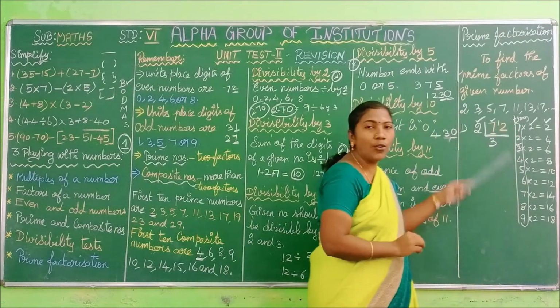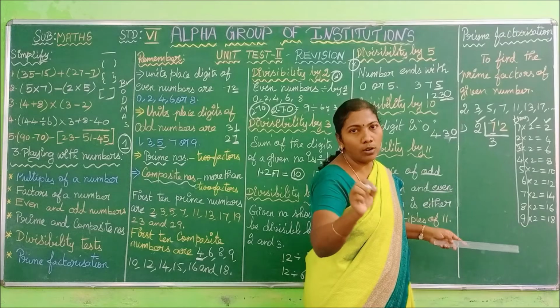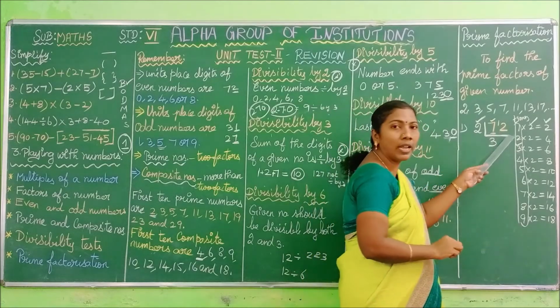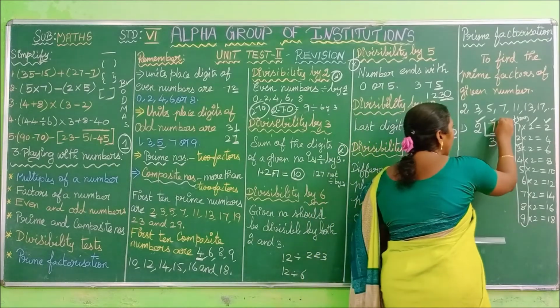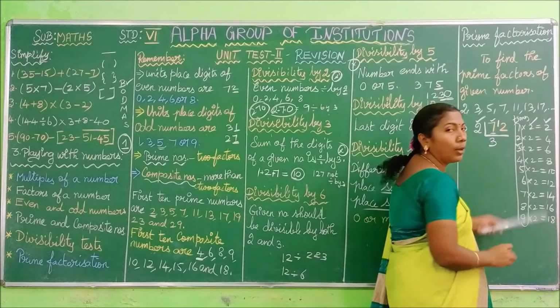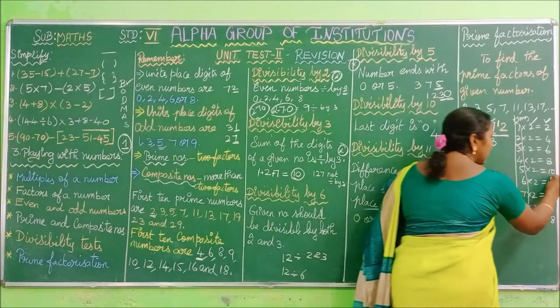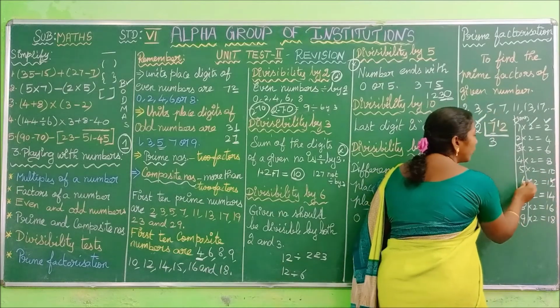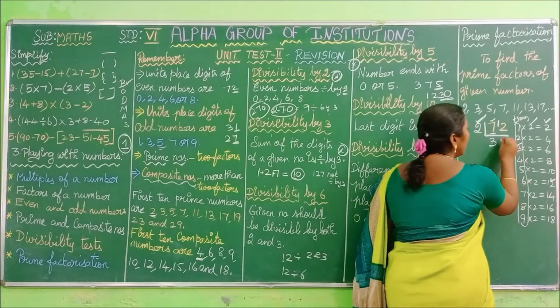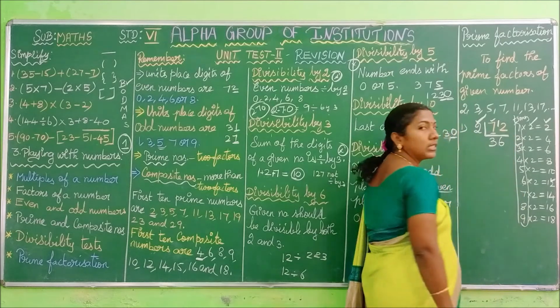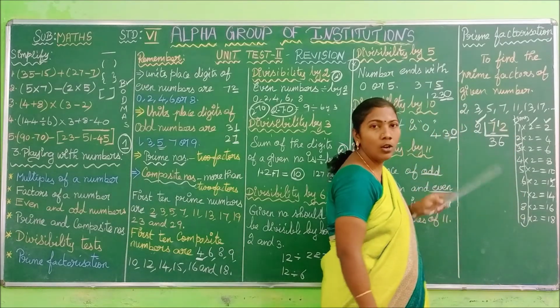Now you have to read the number 2 as 12. Do you understand, children? Now you have to read this number as 12. So now we are going to check how many times 12 comes in the 2 table. 6 times. Here we have the answer, here we have the table. So here we have to write the times. So here we are writing 6. 6 2s are 12. Do you understand?